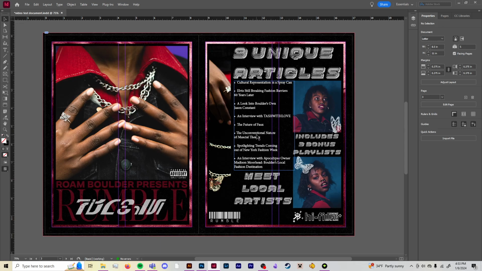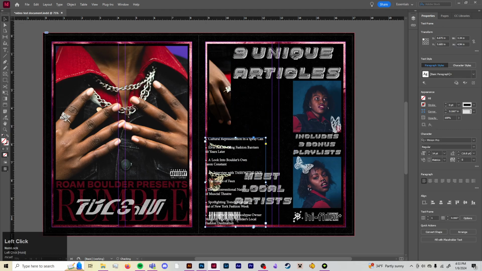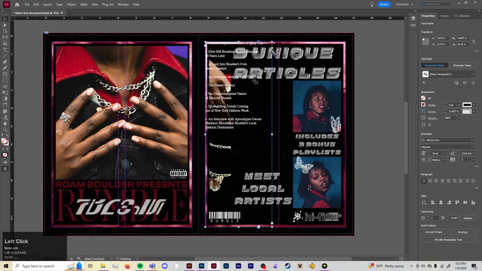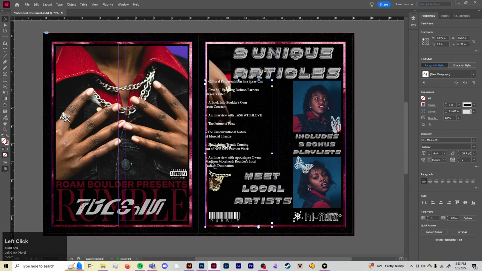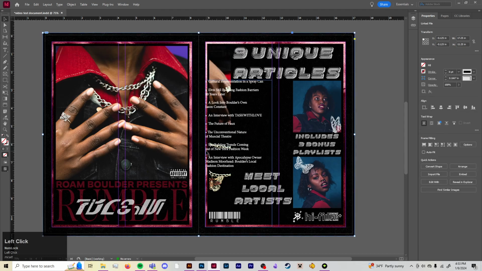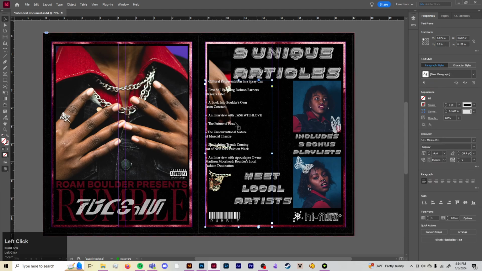I'm just going to add in a little tip here. If I'm doing an article spread, let's say I had the text placed in here, I just stretched the box out to be within the margins like a regular text column. You can see that text box goes right up to that black border there, and that can muddy the text sometimes. Usually what I'll do to get around this is select the text box with the Select Tool, and go to Options down at Text Frame in the Properties tab,